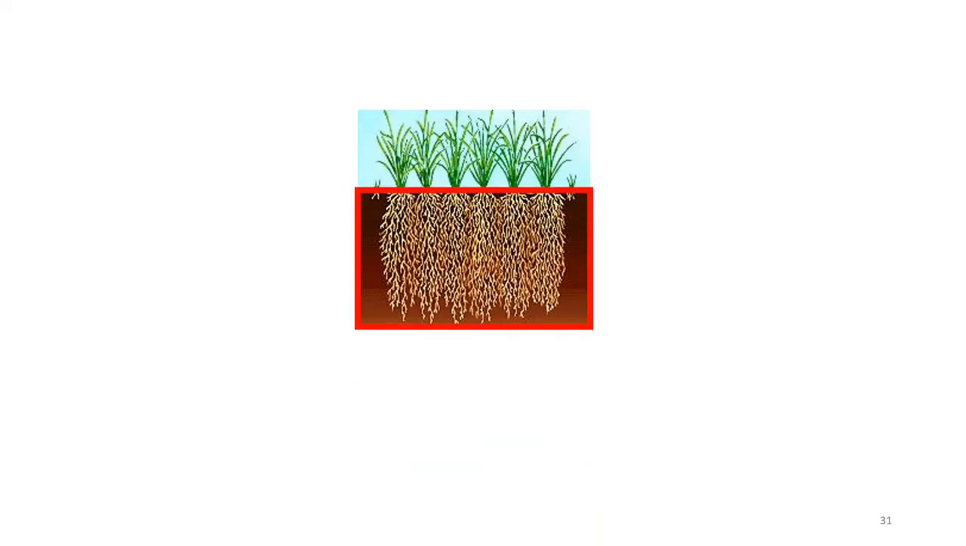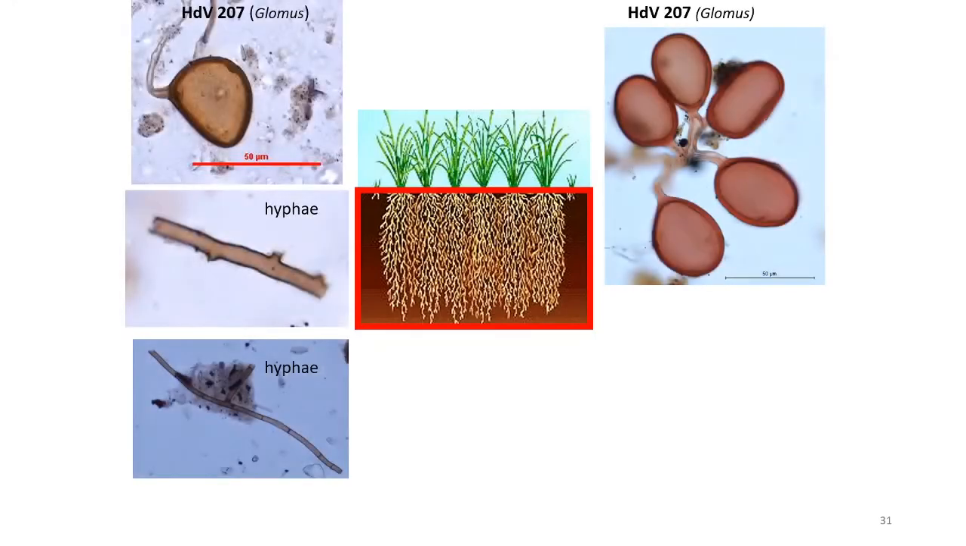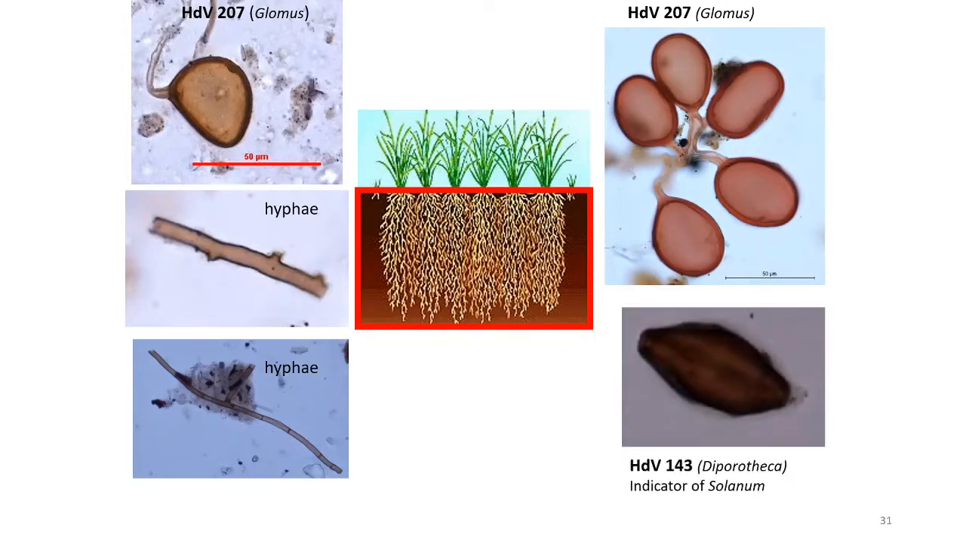So let's start with this picture, which is indicating that there is a plant and there is a section below the ground where roots are growing. And within these roots, several fungi can be associated. Fungal hyphae is the vegetative stage of fungal growth,